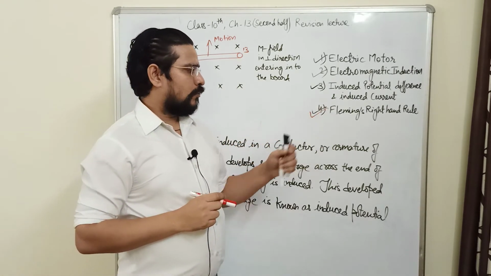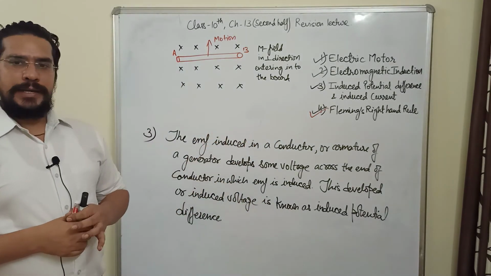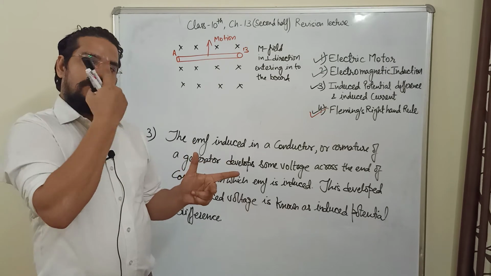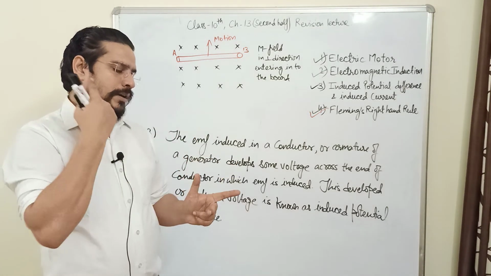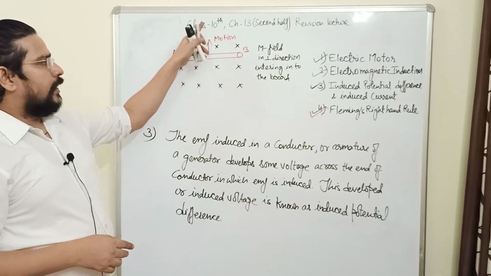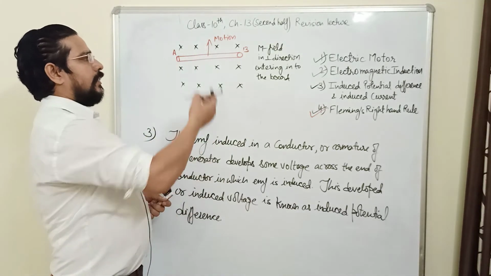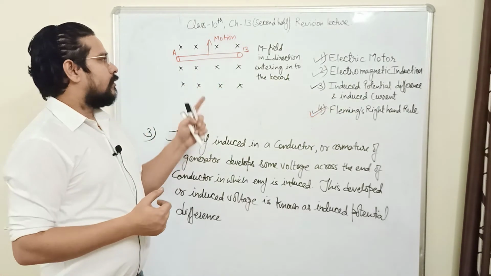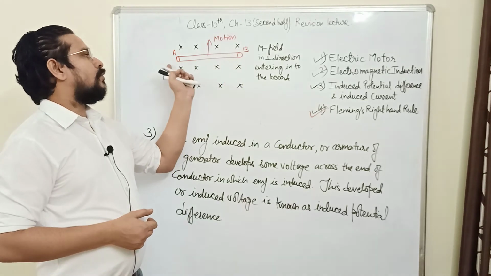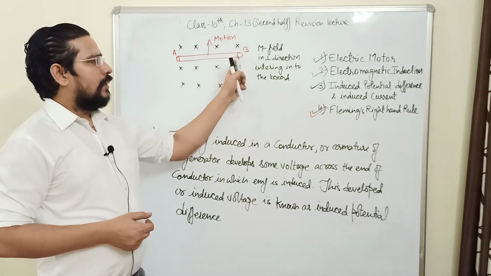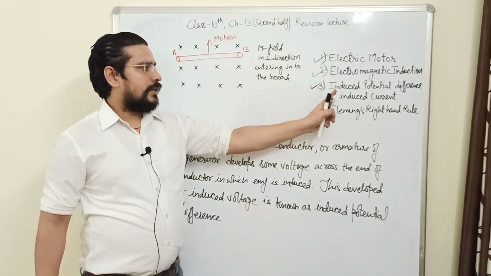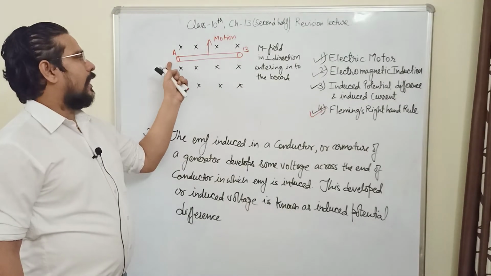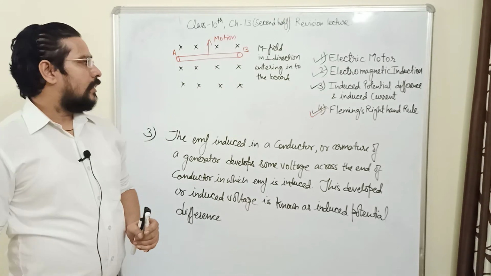Now what is Fleming right hand rule? As we know that Fleming left hand rule we applied when we are supplying the current, we are applying the magnetic field, then for finding the direction of force which is working on the conductor. Now we are applying the force, we are doing the motion of the conductor, we are moving the conductor in magnetic field, and magnetic field also we are applying. So an EMF will induce and potential difference will develop across the ends of a conductor, as I discussed with you in electromagnetic induction and induced potential difference.